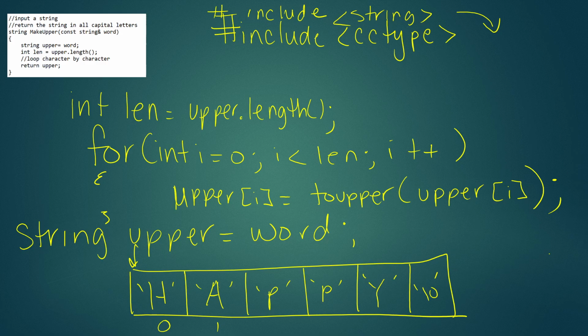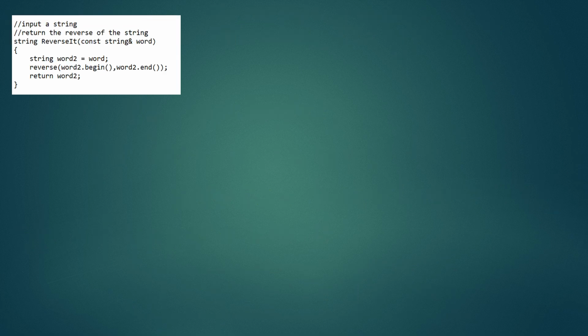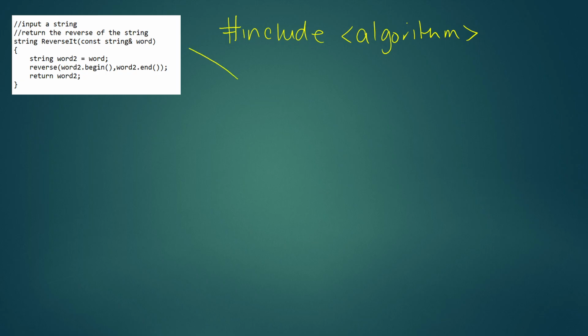The next thing we're going to do is talk about reversing. So if you #include <algorithm>, you will have a reverse function. The secret here is that if your word comes in, you need to make a copy of it. And so once you make a copy of it, obviously we're using #include <string> and using namespace std